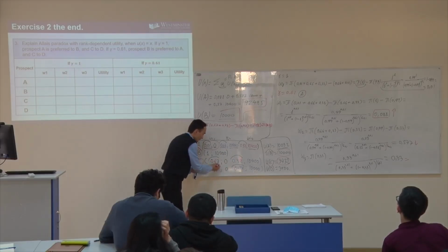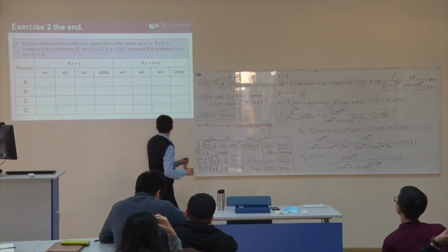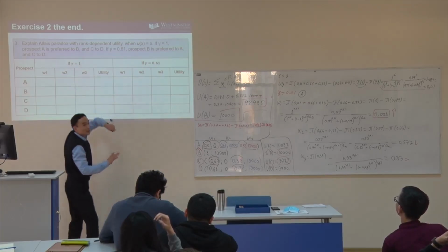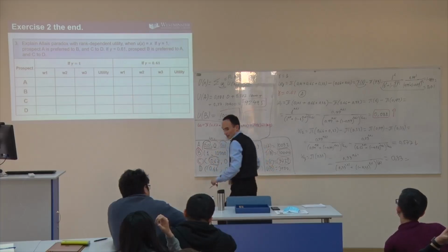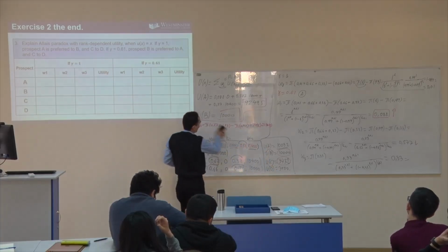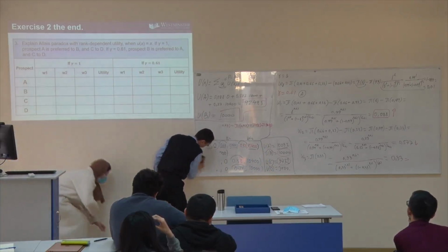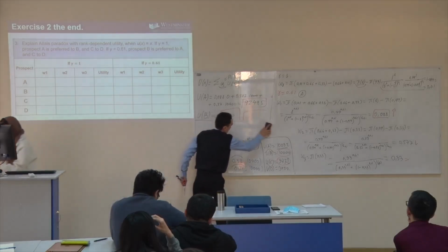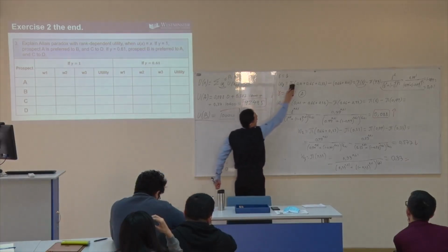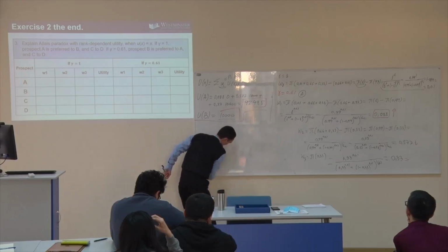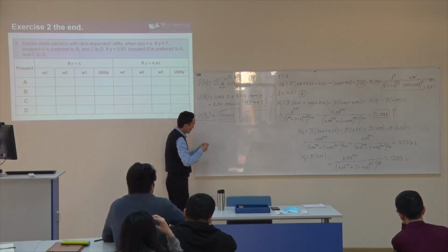I have a question here. Why didn't you calculate W2 and W3 when gamma was equal to 1? The answers will be the same. Because it's 1. Okay. Let me show you why I did not calculate. Can I erase this part? I can erase this part too, right? Okay, let me show you that one. You mean in this case, right? Okay, good. So look, I did it for W1, let me do it for W2. It will be the same.